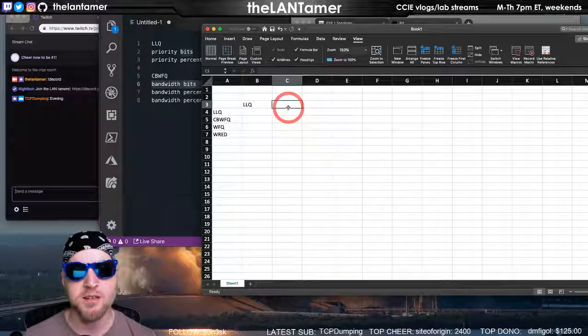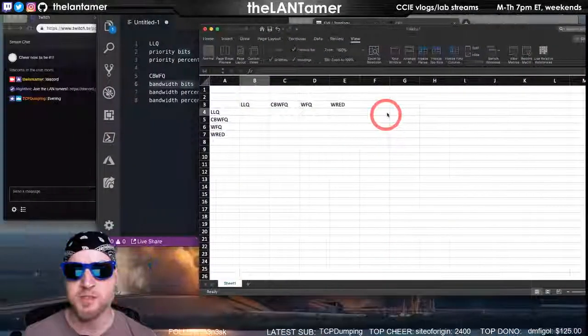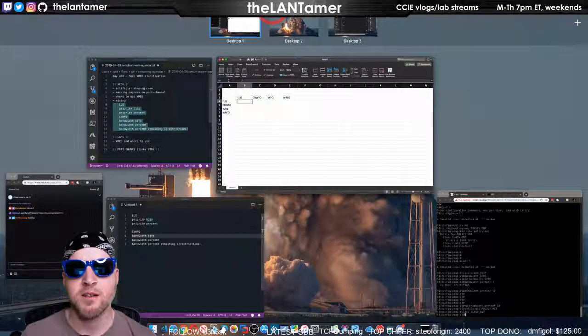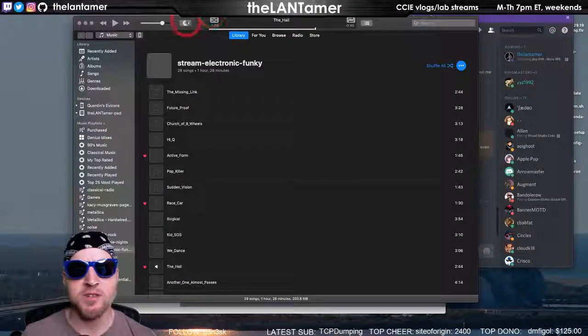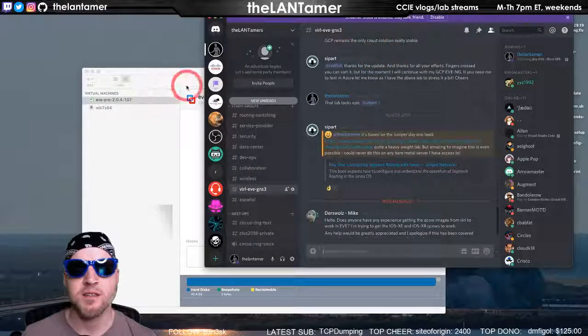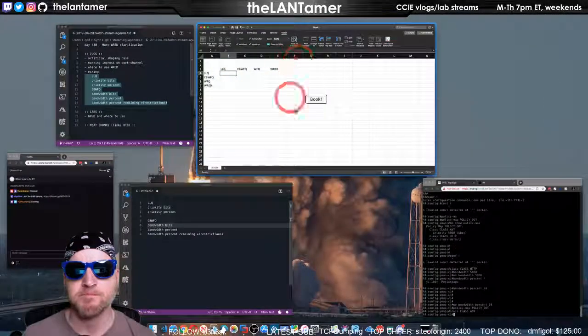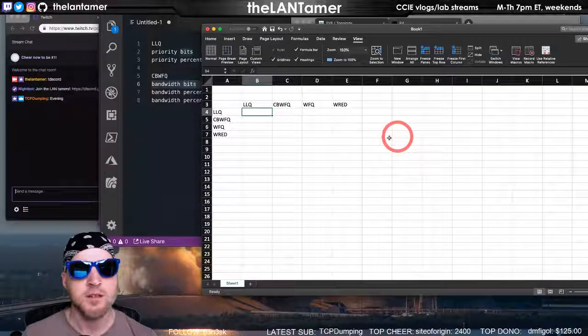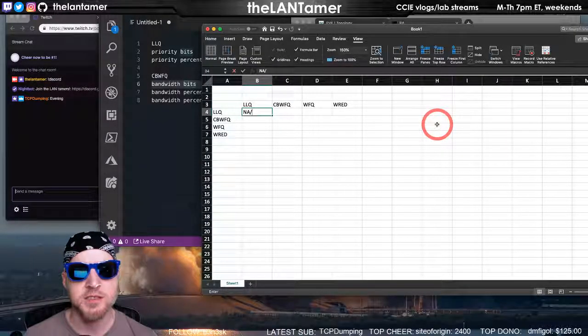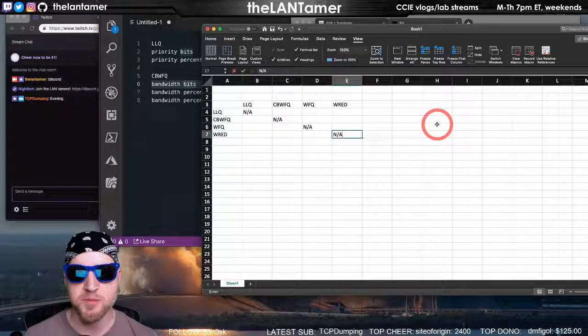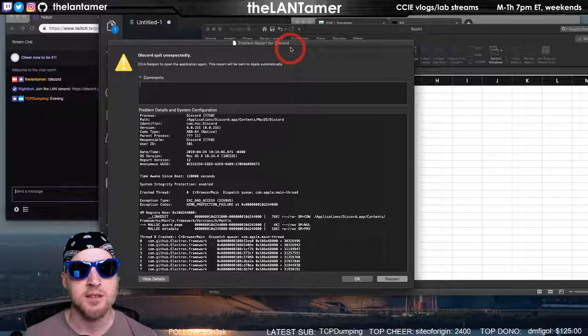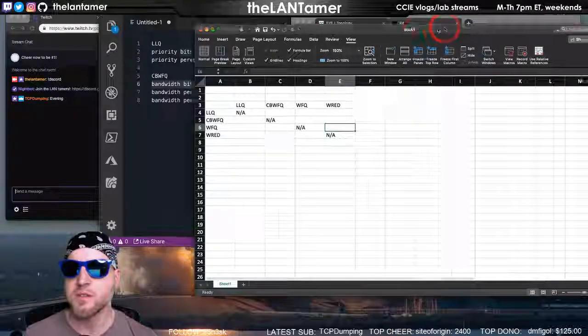Beach ball, not sure why. Yeah, so we'll make one of these sort of charts. I don't know what you call these, but. All right, get some weird Windows stuff going on. I'm gonna close this out. And close that out. All right, so obviously this doesn't apply, this doesn't apply, this doesn't apply, this doesn't apply. Yeah, I get that sometimes on Discord.